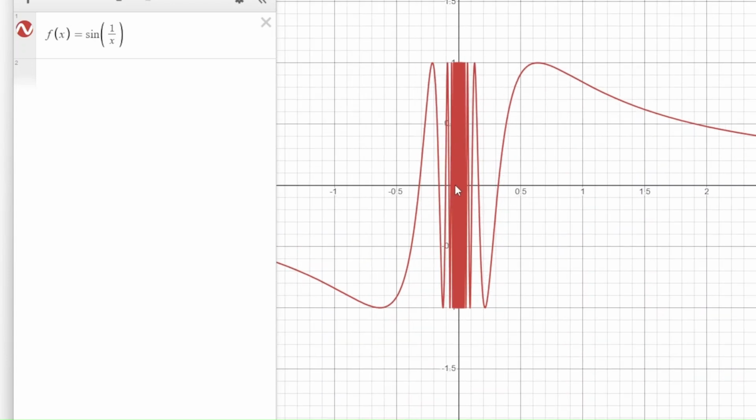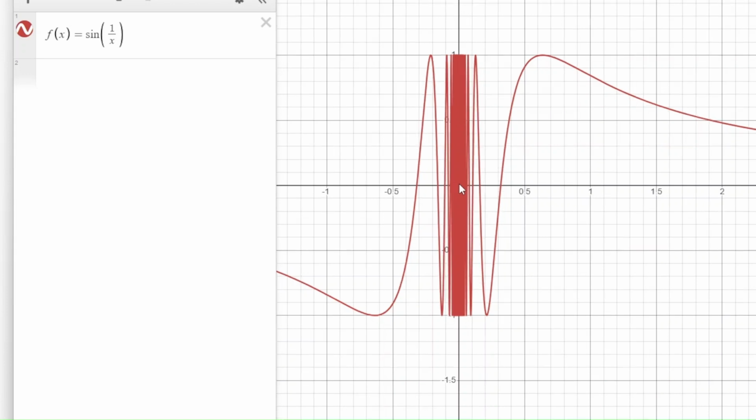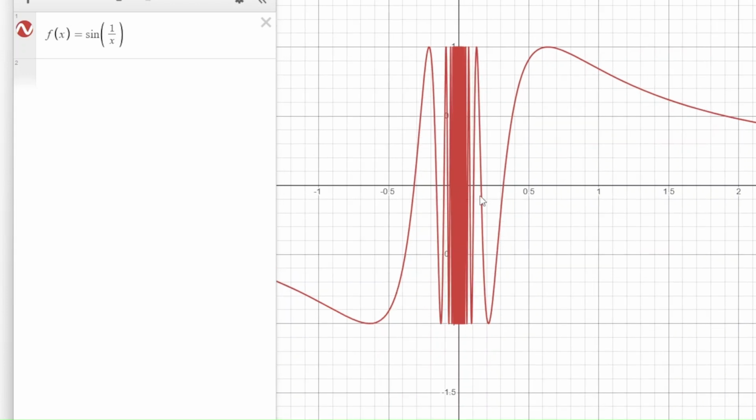But what's the limit as x approaches 0 from the right? So 0 is right here. As we approach 0 from the right, well, notice it's not blowing up. Okay, but the limit doesn't exist. The reason it doesn't exist, though, isn't because it blows up to infinity. It's because it's oscillating back and forth so that it doesn't approach one particular number as we get closer and